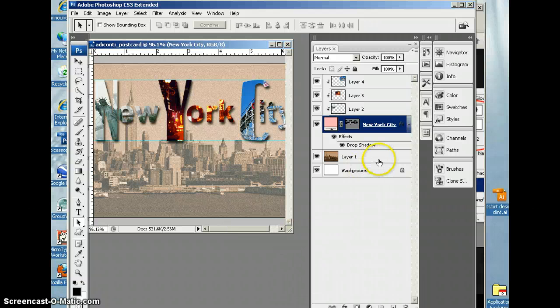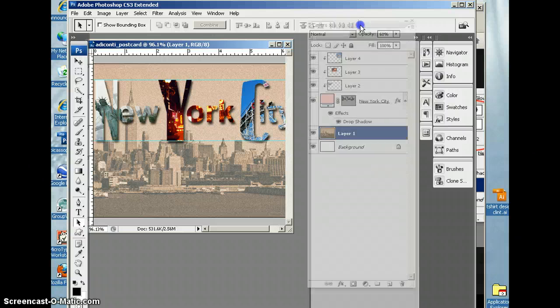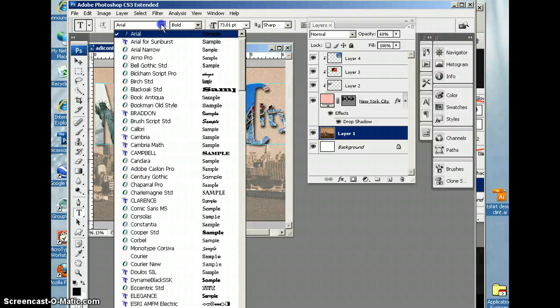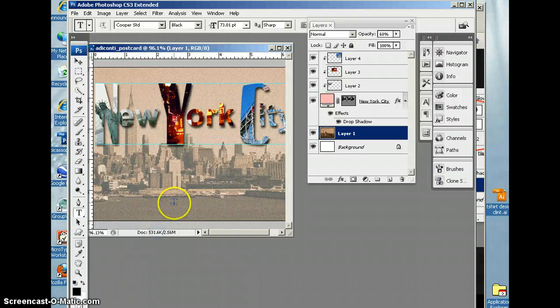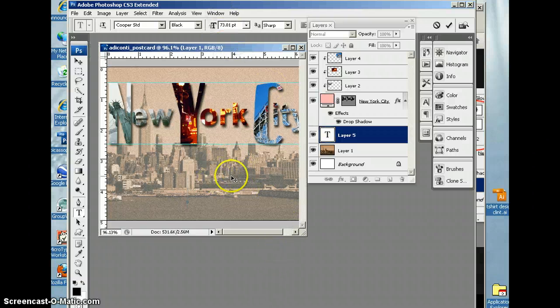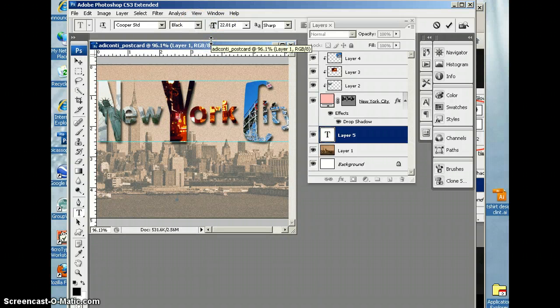Okay, so I'm going to come down here to the bottom background layer and take my type tool. Now we want to do a different kind of font, and so I suggest you make that decision based on the look you're after, but we don't want to do it the same as our clipping mask. So I'm going to go ahead and lower that font size. Let's start with 22, and I'll do